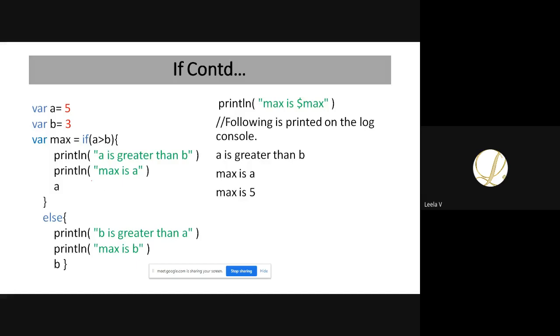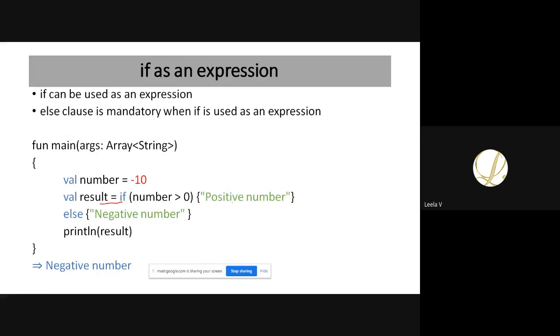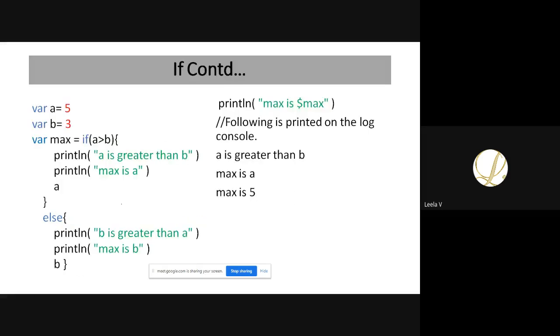And here is another example which also shows you how to use this if as an expression. What is the difference between the first example and the second one is, here within your if we are representing number of statements. In your previous example, I'm using only a single statement, and this will be returned as a result. But if you are having more number of statements within a block, then what will be the result for that particular expression? When we are using more number of statements within a single block, then the last statement, our last expression will act as a result for your overall expression. Okay, that is the difference.